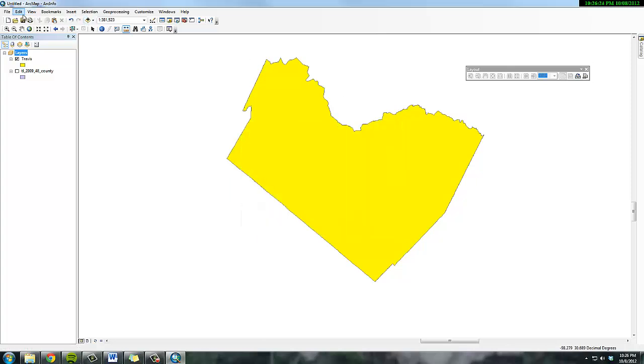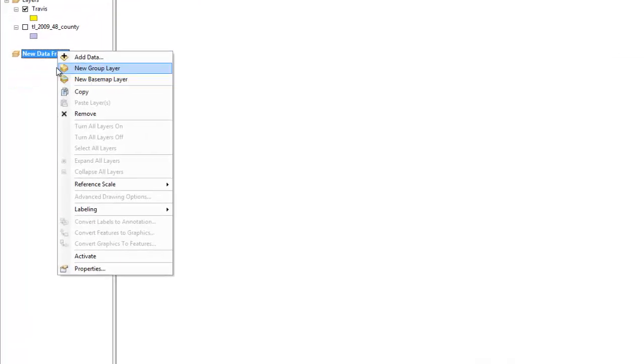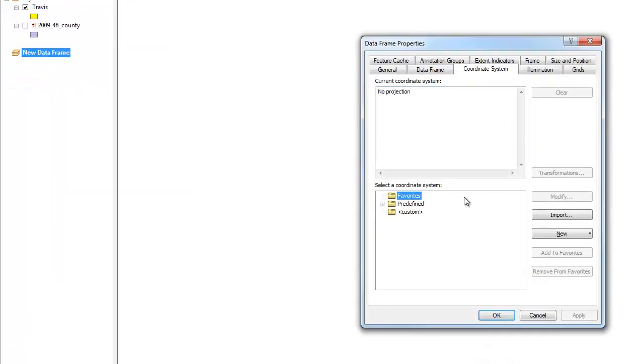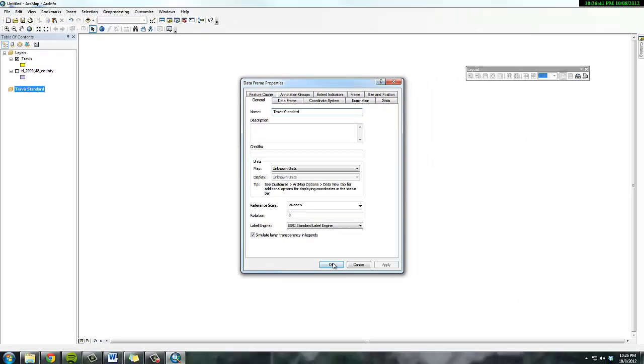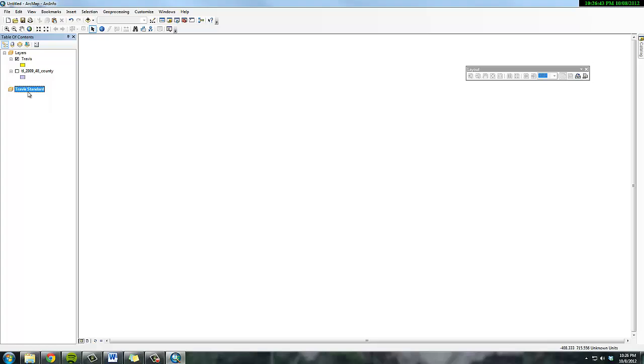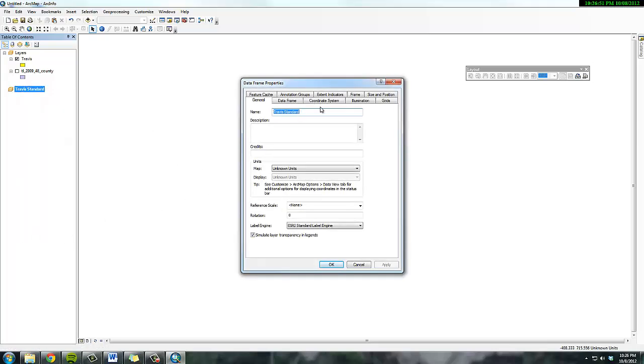So what I'm going to do is go to Insert and go to Data Frame. So we're inserting a new data frame. Go to Properties here, and I'm going to name this Travis Standard. Okay, so you can name it anything you want. It's a more standard projection, right? So we have this right here, and then what I'm going to do is set this standard